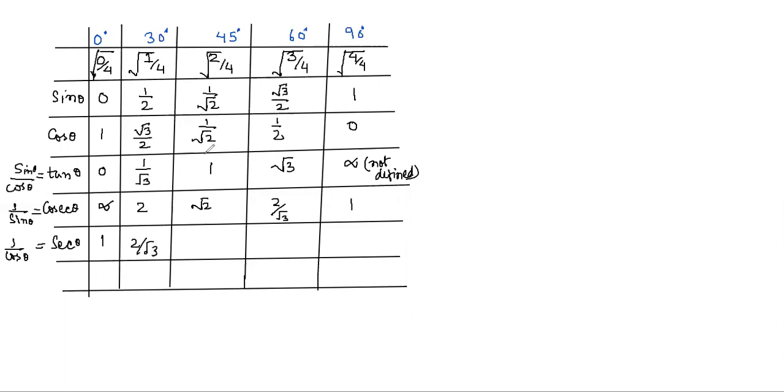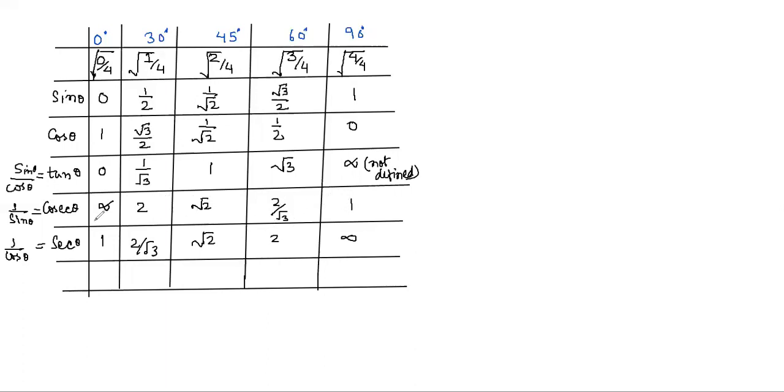And this is root 2, square root 2. Then this will be 2, and this will be not defined. So children, either you get it by taking the reciprocal of cos, or you may just write down these values in opposite order. So whatever you are getting in this direction you are writing cosec theta. So if you want to write down the value of sec theta, write down these values in the reverse direction.